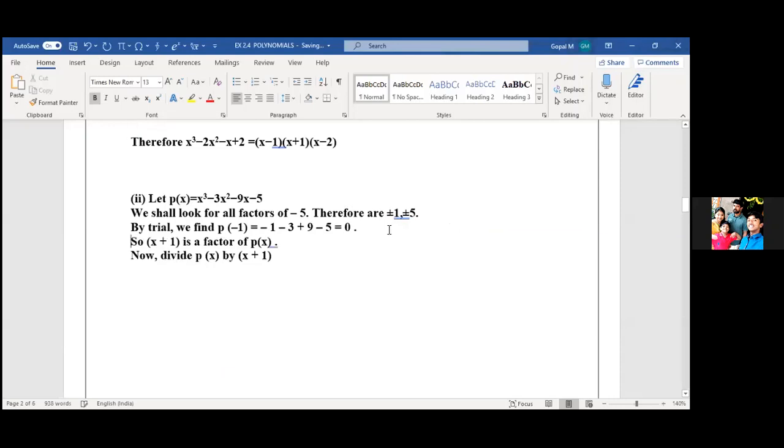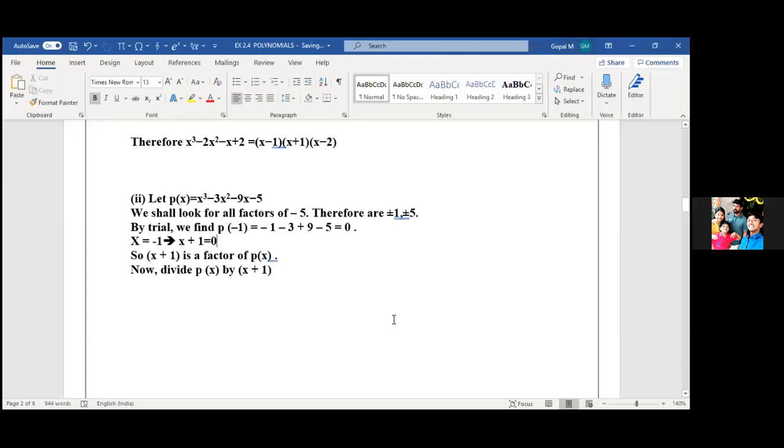So when we get remainder 0, you can take here x is equal to minus 1. If x is equal to minus 1, then what is x value? If you shift minus 1 towards left side, you'll be getting x plus 1. x plus 1 is equal to 0. Then we got one factor, x plus 1 is the one factor. Anyone have doubt in this? Ma'am, this is which exercise, ma'am? Exercise 2.4, fifth main. I'm explaining the last main of this exercise.